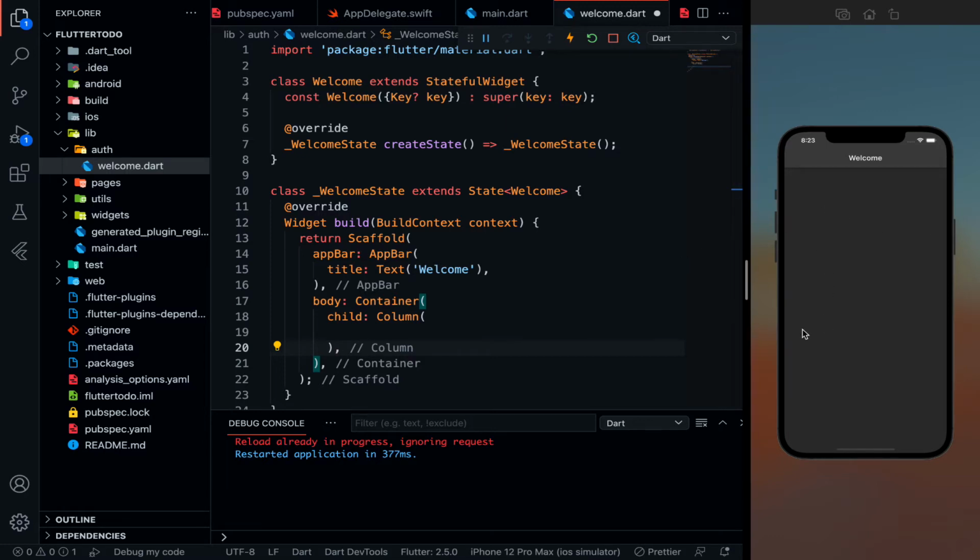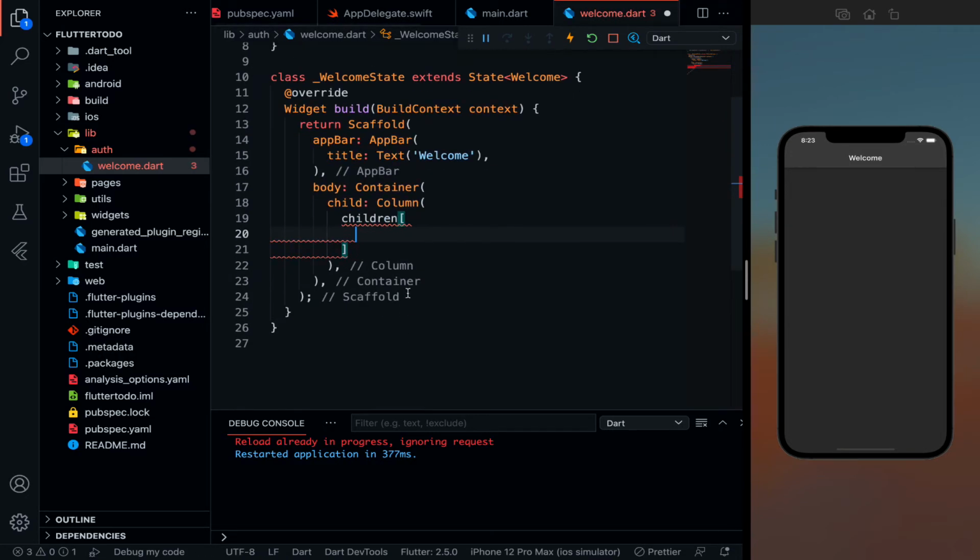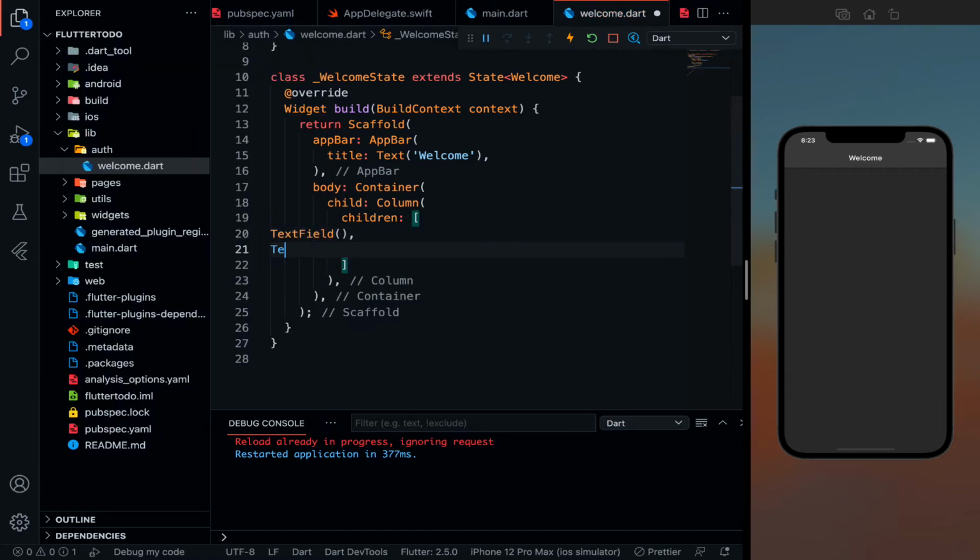All in the vertical direction. That's why I need this column. And now let's write the children. So this children is going to contain all my widgets. So my first widget is going to be a text field. My second widget will again be a text field. My third widget will again be a text field.